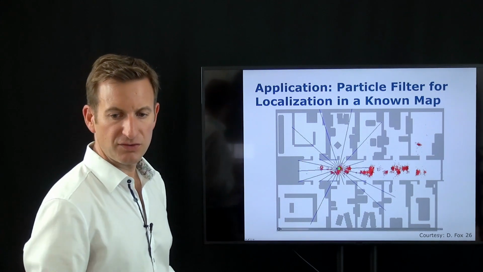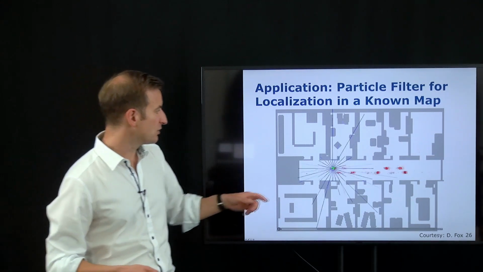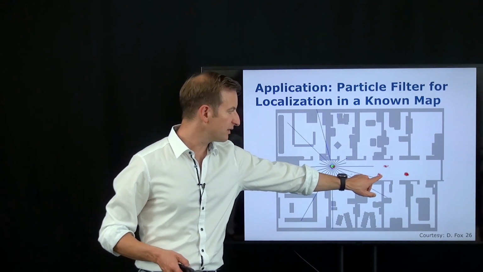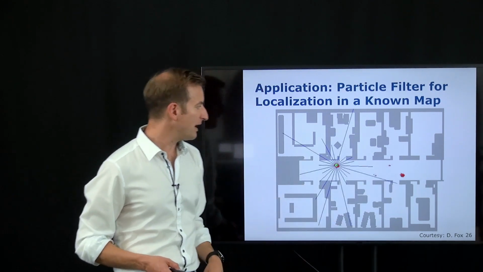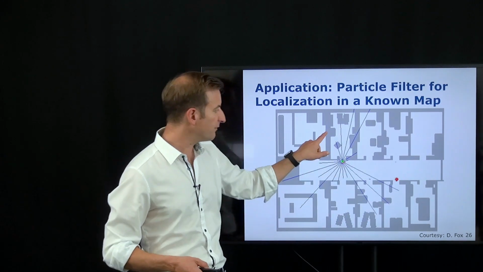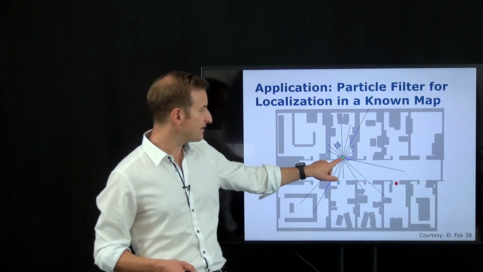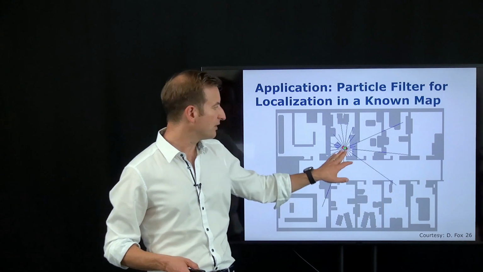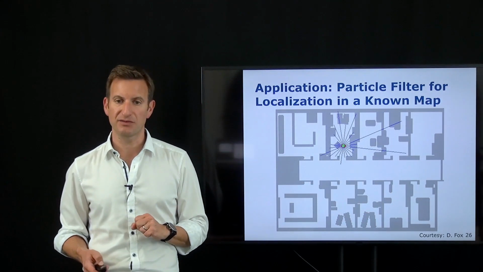So if I continue the animation, you see some samples will survive over here, which is the most likely pose, but also a significant number, oh no, sorry, this one, survives over here. And only by moving into the room, because those two rooms look different, the system is able to identify that it's actually here and is not located over here. So this cloud will die out, and this is the cloud which actually survives.